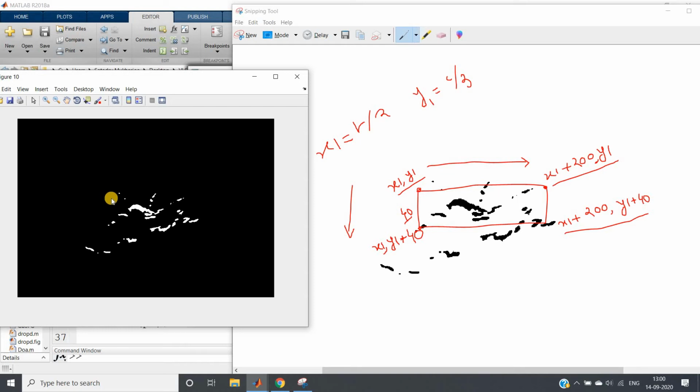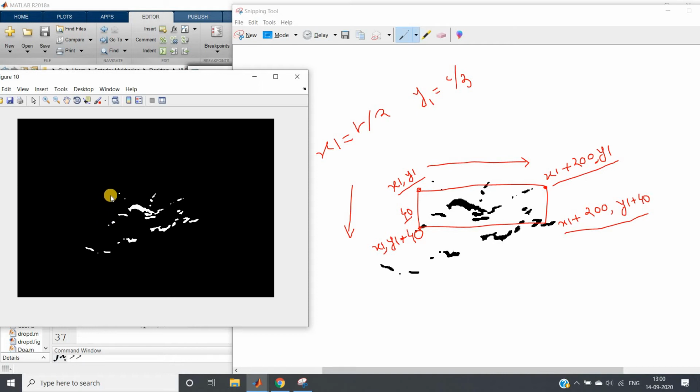And what will be my y coordinate? Consider this particular point where my mouse pointer is now present. With respect to height, if you want to consider the y axis, we can roughly say y axis is nothing but the height of the image by 2, because here this is my height of the image.